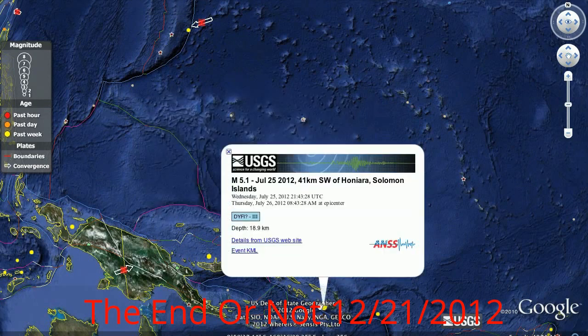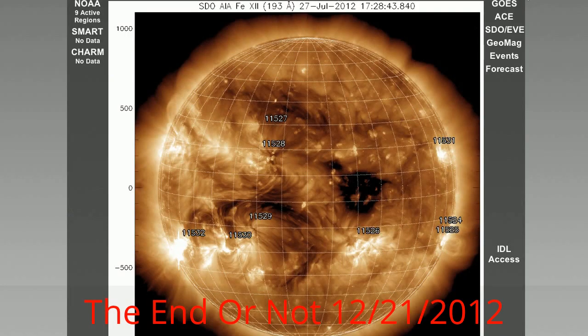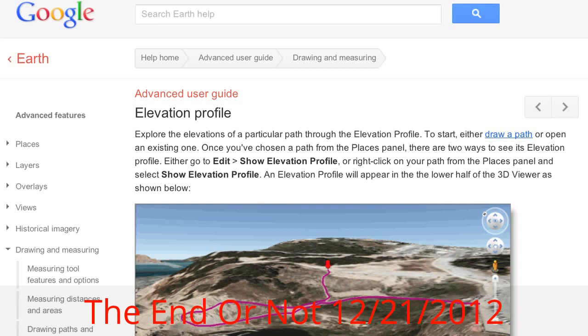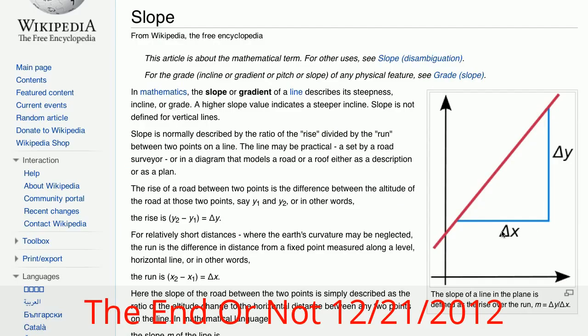I want to encourage anyone that's doing earthquake forecasting using my methods to contact me about this new potential way to do this. And if you're interested in working on a computer algorithm, if you're a programmer and you want my input on the math for this, use the elevation data set that Google has for Google Earth. What we need to do is write an algorithm that looks at the slope with respect to different increments, different intervals. So when you take the integral of this area to get the slope, there's always a particular distance over which you're doing it.